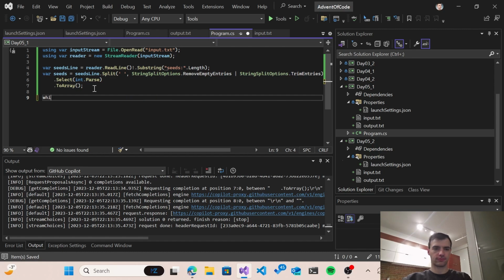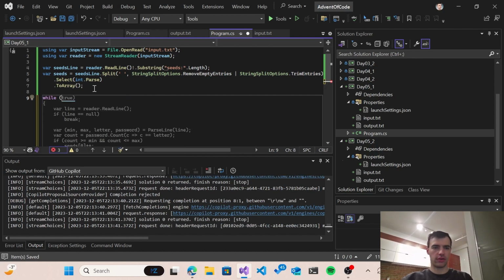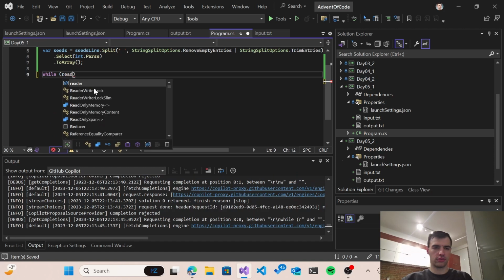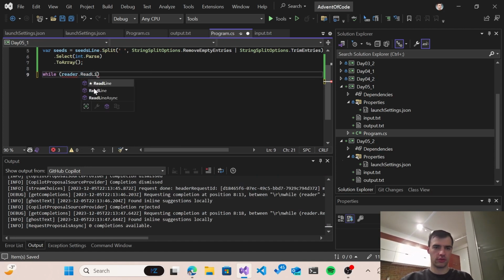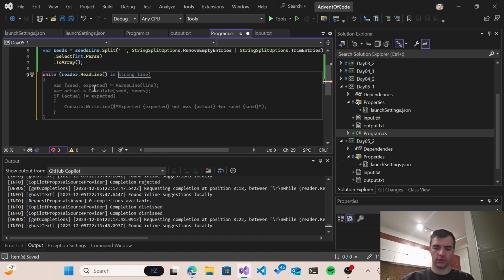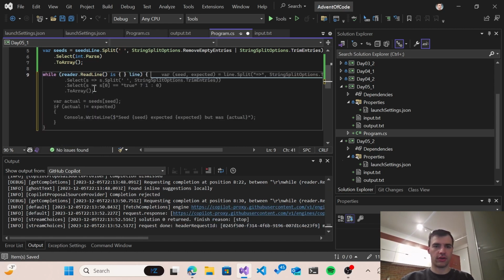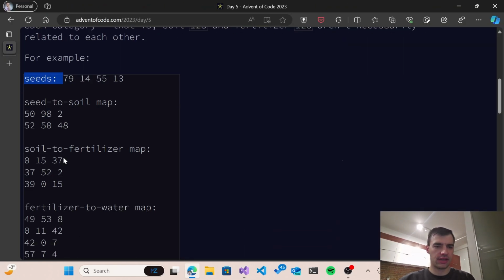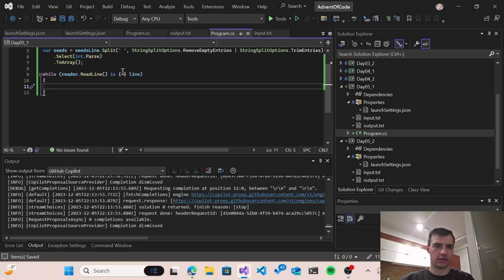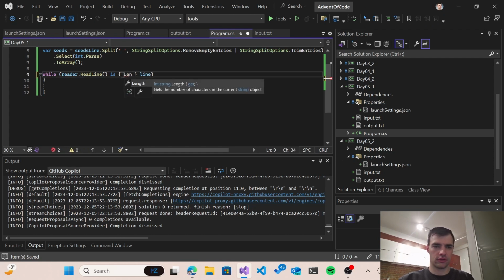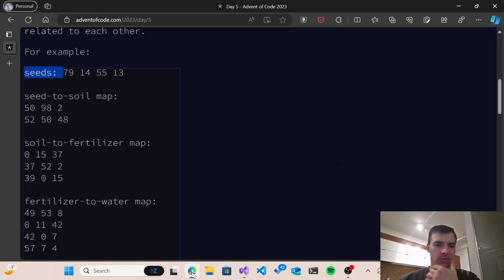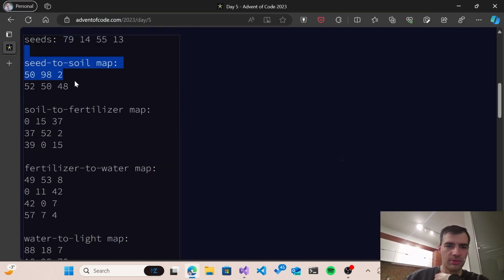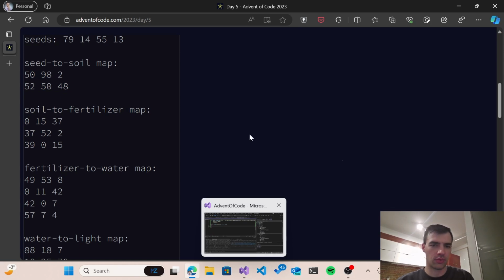While we have a line here, we technically get a line. We essentially go through, there is an empty line, then the header, and then the individual numbers. So we will go through,